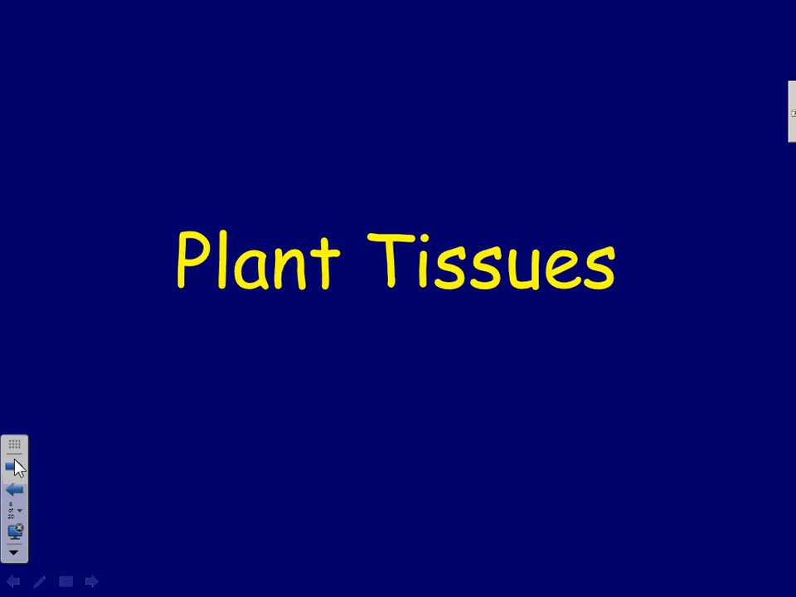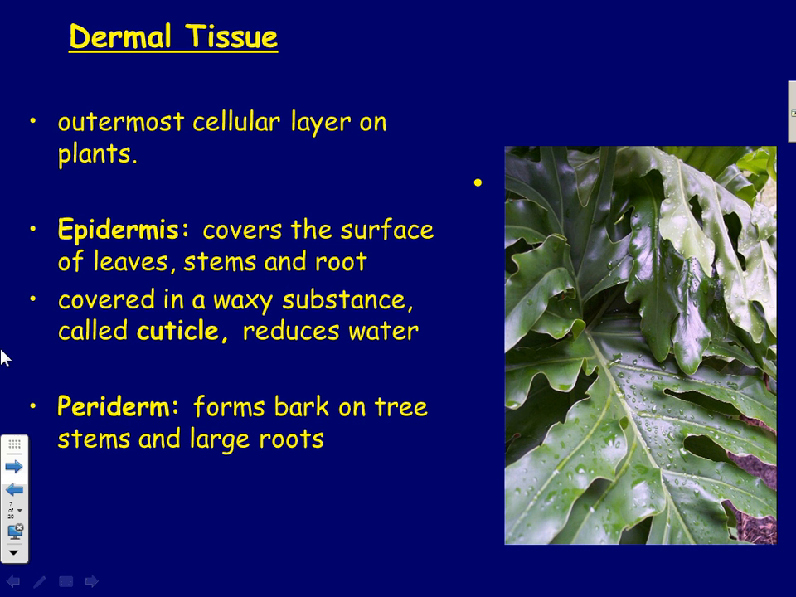Plant tissues. So we've talked about the two systems. Let's talk about the different types of tissue that can exist in plants. Just like in people or in animals, and we've been talking about this, we each have systems: respiratory system, digestive system, et cetera, et cetera. Within those systems, there are tissues, just like we can have epithelial tissue,